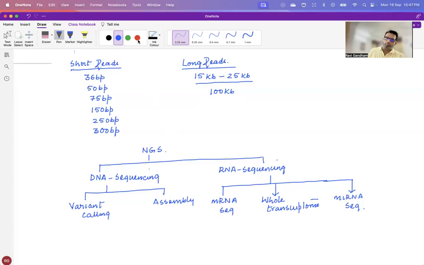Hello, everyone. In the series of next generation sequencing lectures, we have discussed that short read data has read lengths of 36 base pair, 50 base pair, 75 base pair, 150 base pair, 250 and 300. And the long read data can have a read length from 15 to 25 KB and 100 KB. This short read data is generated by Illumina platform,